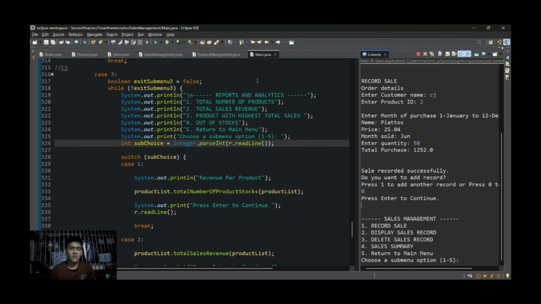After that, we have a switch statement. In our switch statement, we have four cases, which is case 1, case 2, case 3, and case 4.